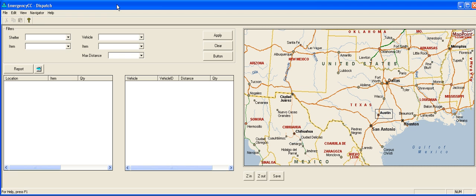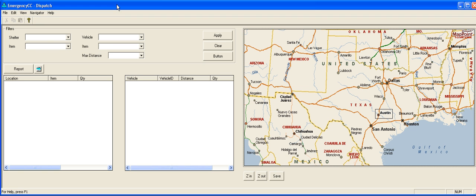Today's demonstration will be for the emergency command and control dispatching capability. The window that we're looking at right now is similar to what dispatchers in an emergency operations center would see. They would be looking at two screens or two monitors. This could be shot up on to some screens or on some large plasma displays, or just shown locally on